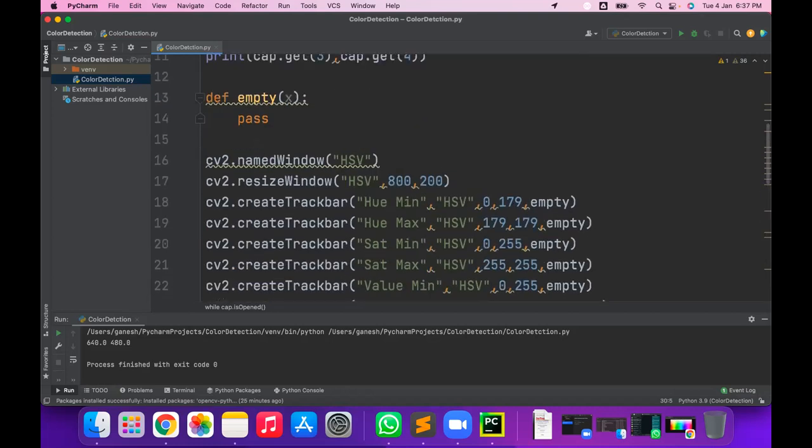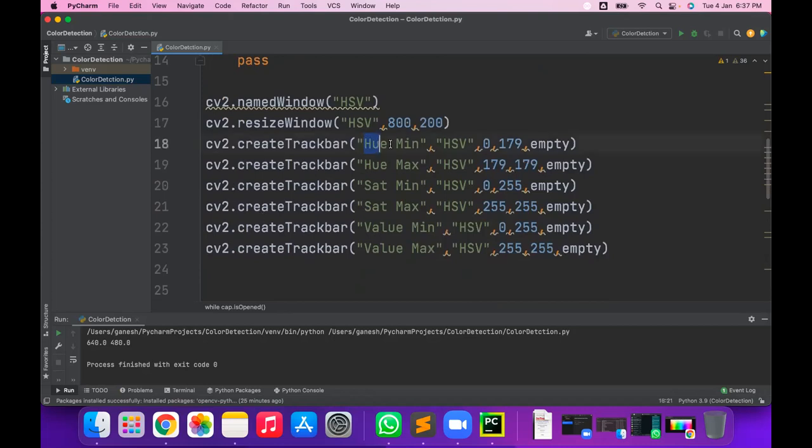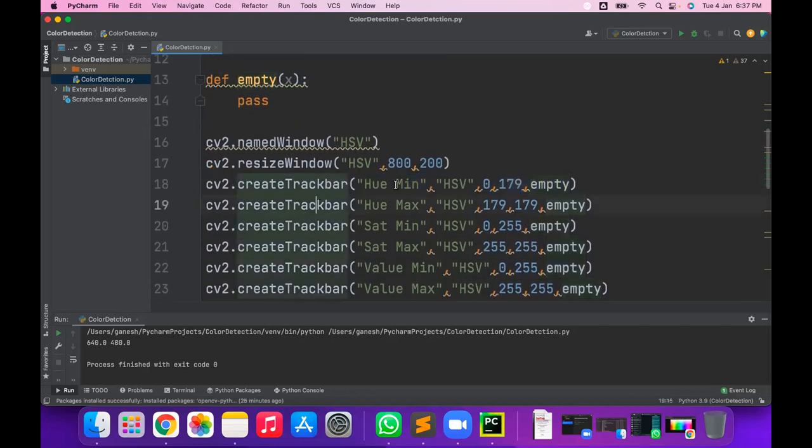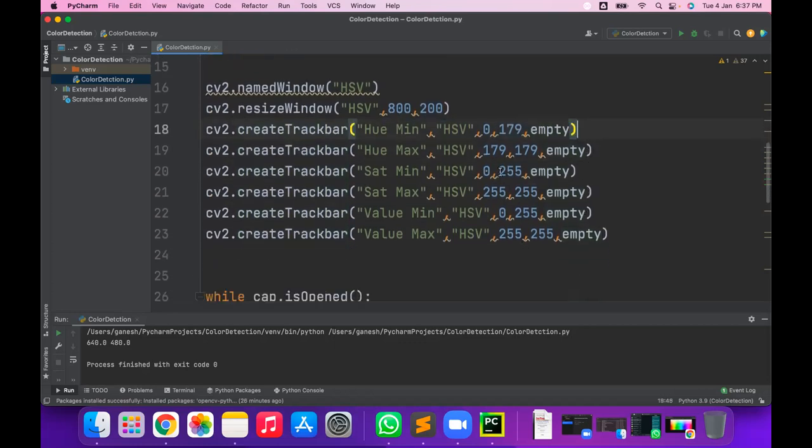So just create the six track bars and give the proper names, because we have to read this again. The same name is showing it running but showing a type error. In which line are you getting the error, Akash? Tuple object is not callable. Which one? The first one only. I think you have made some typo mistake.